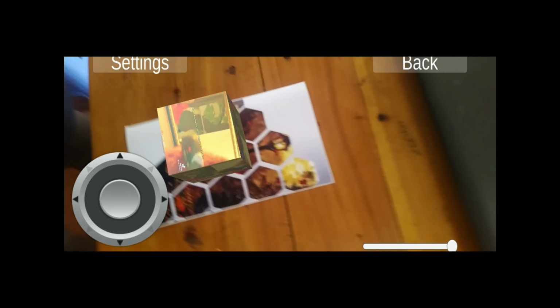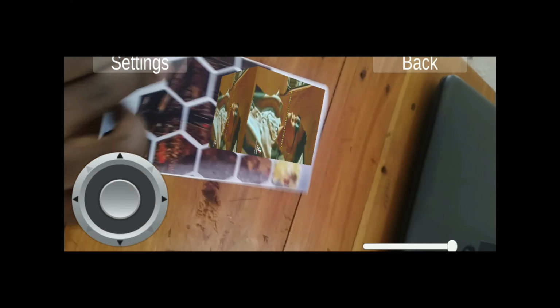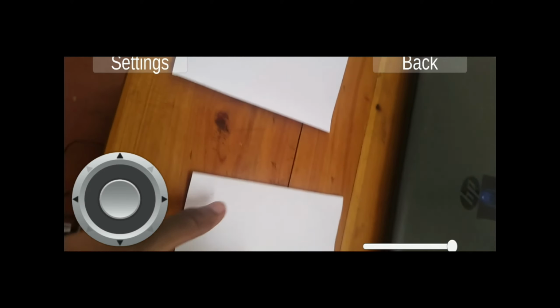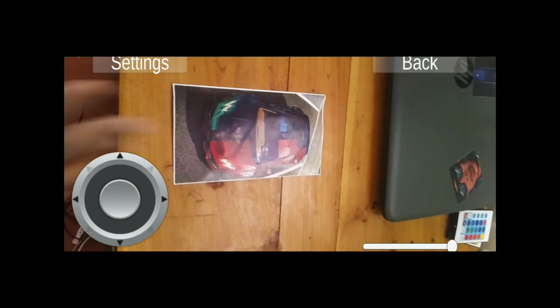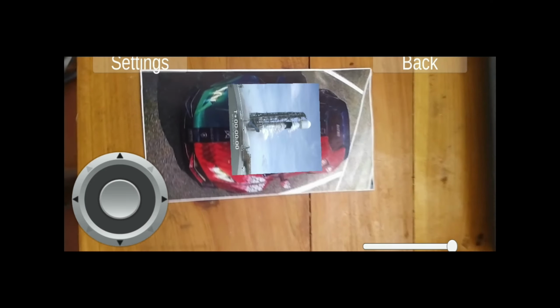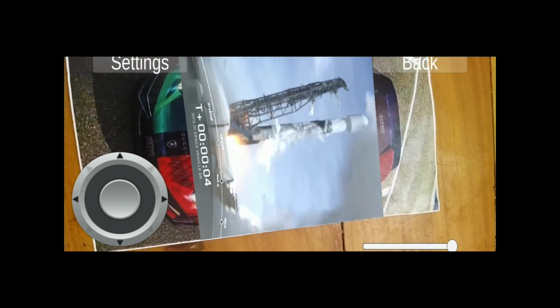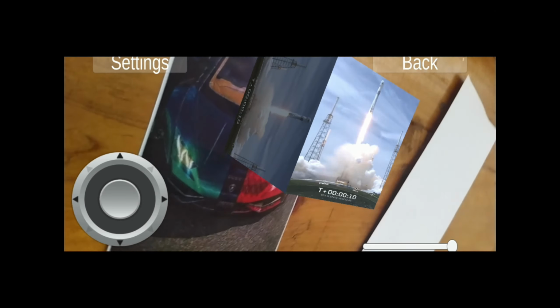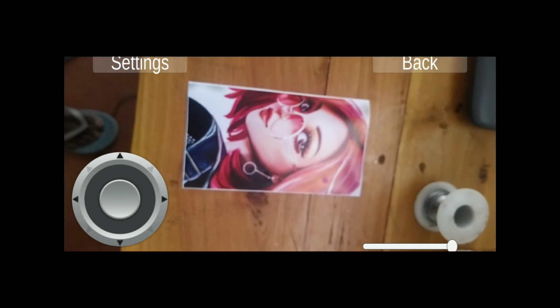Let's go. Target lost. Next image. Align camera with the target image. Target found. 3D object on display now. 7, 6, 5, 4, 3, 2, 1, 0. Ignition. And liftoff. Falcon ship, go GPS. Let's proceed. Target lost. Align camera with the target image. Target found. 3D object on display now.